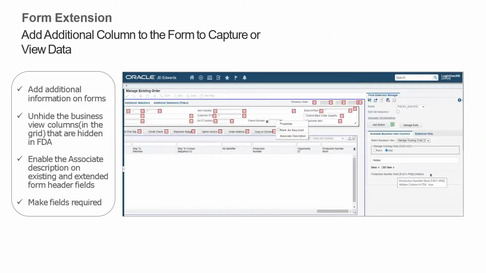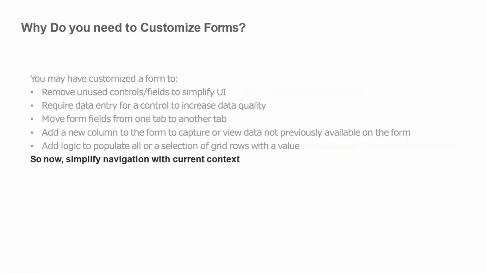Just an example of adding an additional field within here. You can see here, in the sales order, this production number short field, it was tagged as hidden in the grid, where you can expose it and bring it out. You can make it required. You can associate the description with it, especially if it's a UDO driven field. So, making the forms personalized and making data more consistent because you've made them required